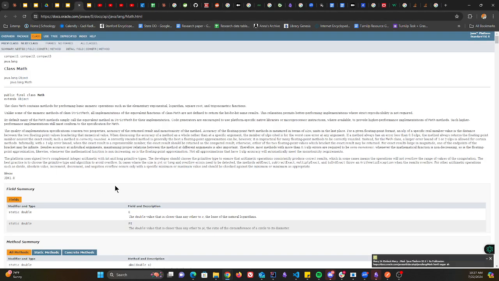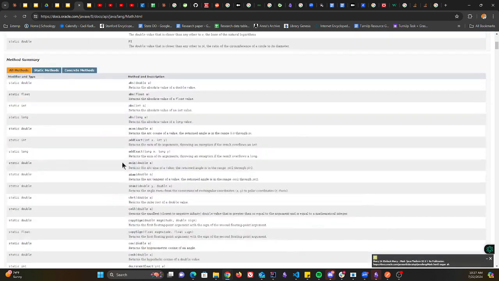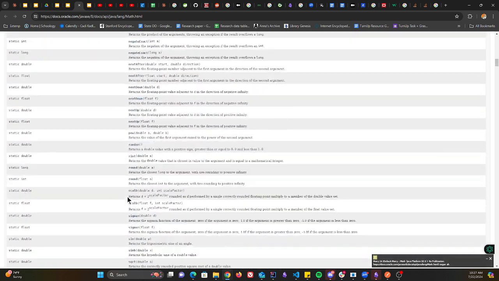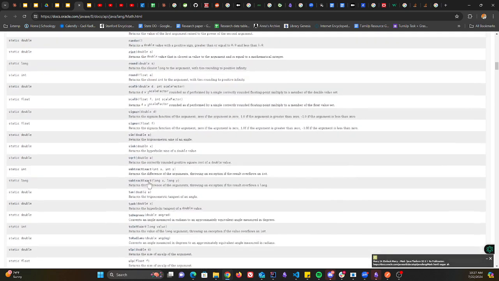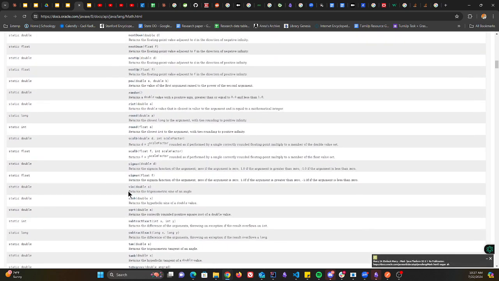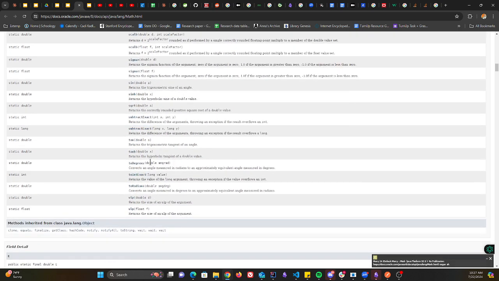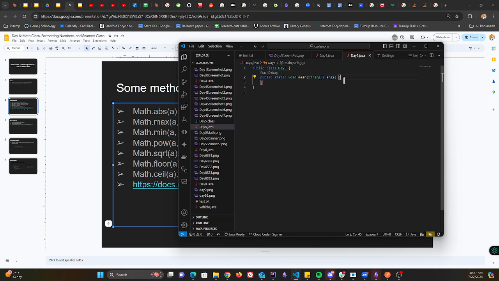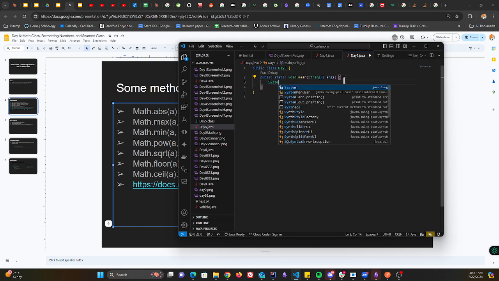And also here we have the Java docs, the official Java docs from Oracle, which contains every single method inside of the math class. It's pretty nifty. If you need a reference, this is probably the place to go. You can even see that the math class has trigonometric functions. So right now we'll do some testing, and